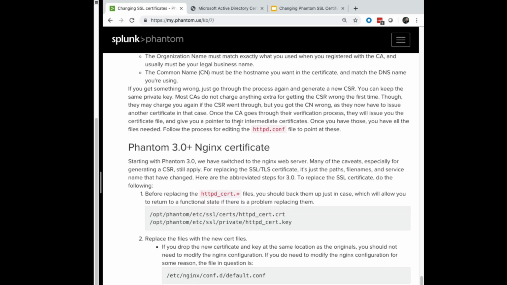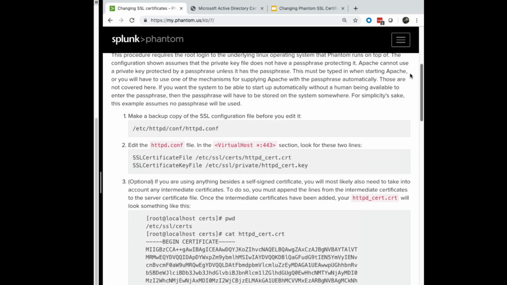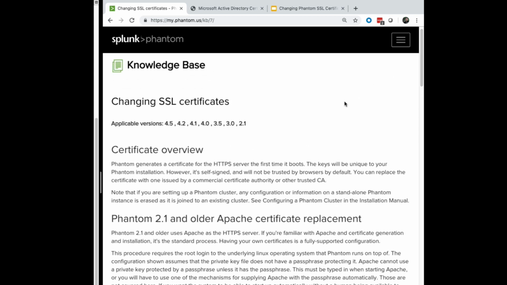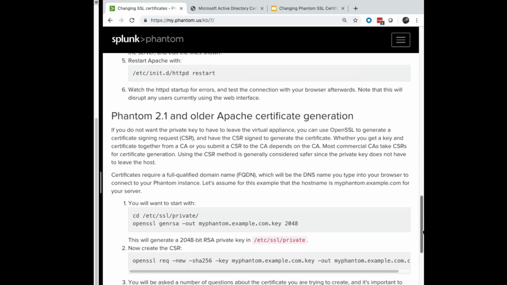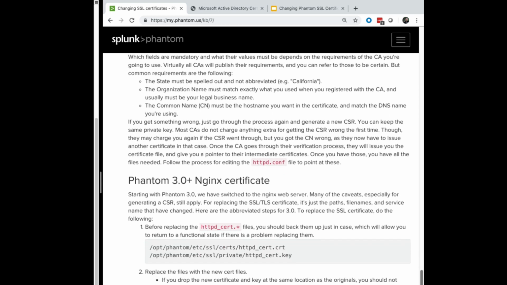If you look over here at knowledge base article number 7, the article starts by going through how to replace the certificates in Phantom 2.1 and walks through all of that down to Phantom 3.0 when we switched from Apache to Nginx. And this is actually where we are today, all the way up to 4.5. So if I can demonstrate